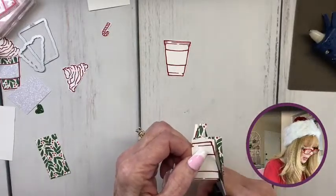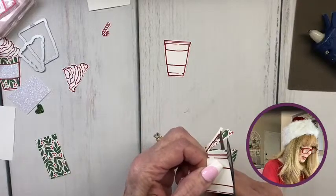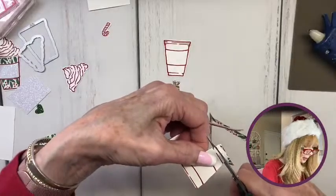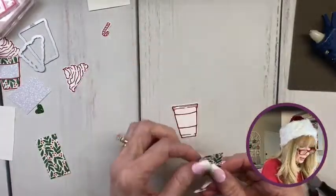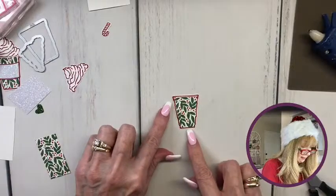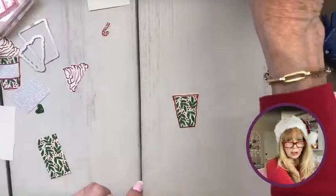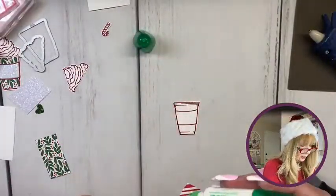So the top one is only a guide. That's what the top stamped piece is. It's really just a guide to help me cut the patterned piece. Okay, and there is what we've cut, and it should fit, and it does right inside there. Isn't that cute? And it shows the outline, which in my mind I think is important because it really